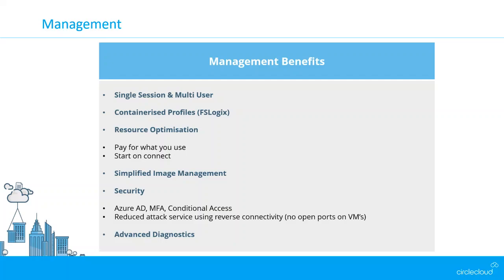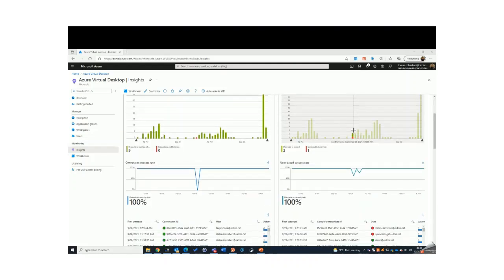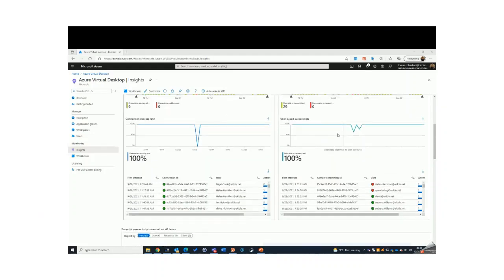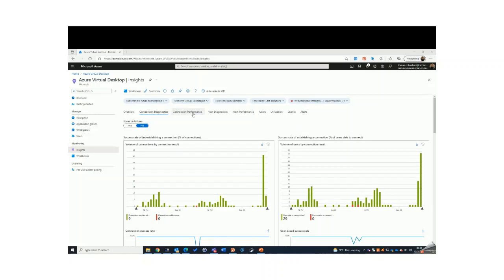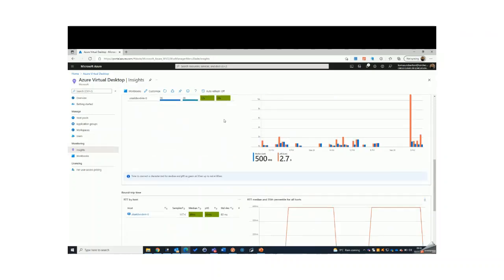The management panel is going to show you a little bit inside there because there's some really useful diagnostics for your virtual desktop. You can see on the screen now what it actually looks like, and what information you've got available to you. You can see the number of users that have connected, how many connections were successful, right down to the user level: which user had connection, how many successful connections, which had less, what your latency is for those users connected,